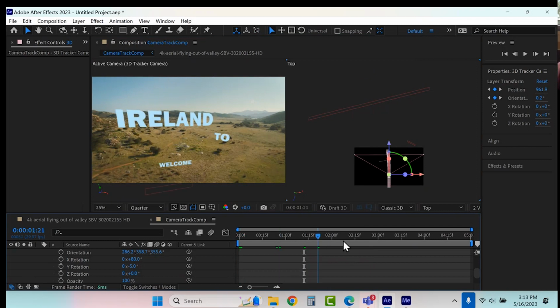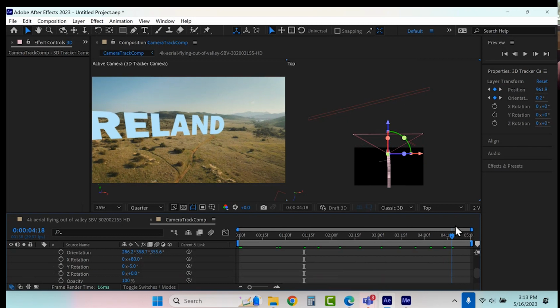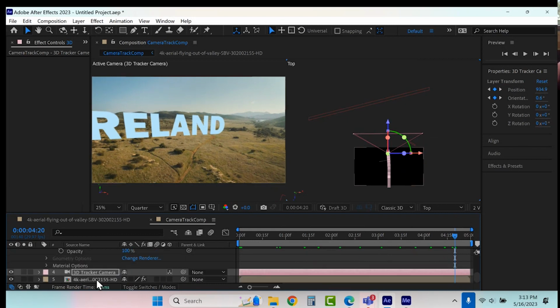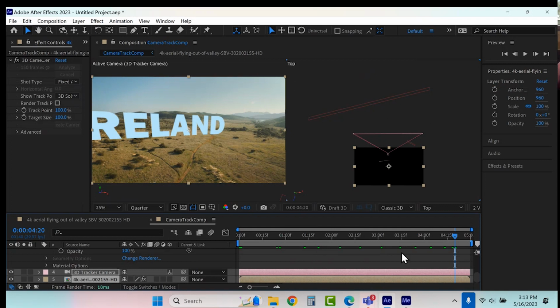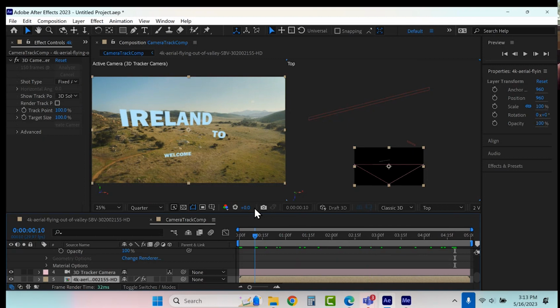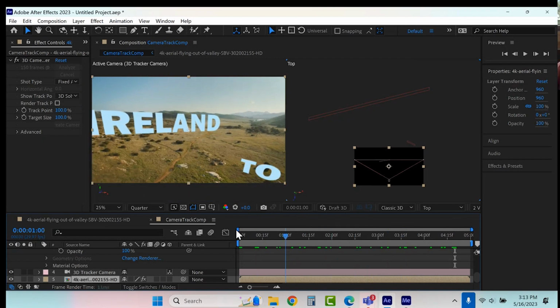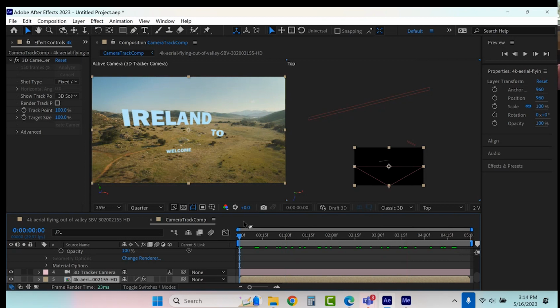So it's going to animate along that path. And what's attached to the end of my camera is the actual video itself. So the video's not moving, the text is not moving. It's the camera that's moving through it. And that means we can do some really, really neat things here.